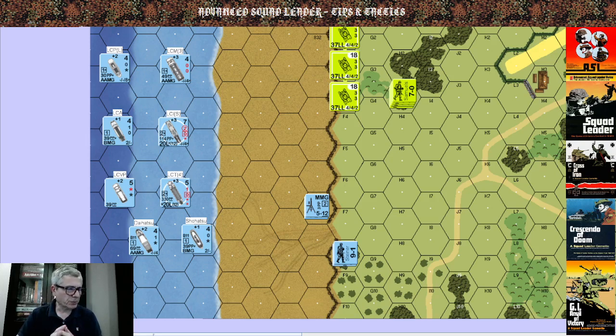So part 1 will be riders. Part 2 will be motion: everything you need to know about moving a landing craft, unloading it and loading it. Part 3 has to do with non-ordnance attacks, and part 4 will be ordnance attacks and other types of attacks